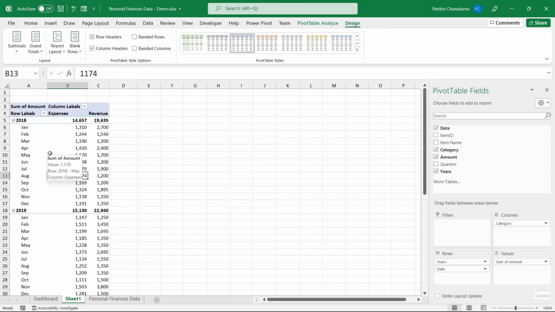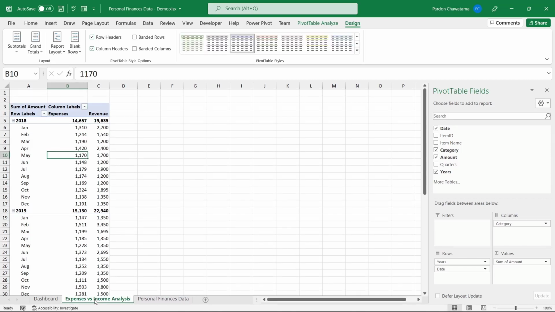Now the table that I want for the first chart, I might want to rename this, but for me, it's fine. I'll put proper names on my charts. Now, this is my worksheet pivot table 1. For the first chart, let me give it a name: expenses versus income analysis. Let me duplicate it, left click, control, and then